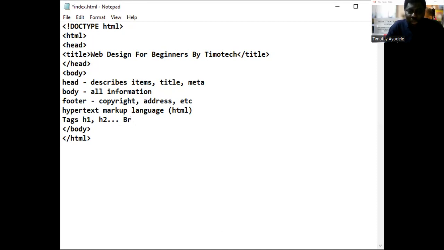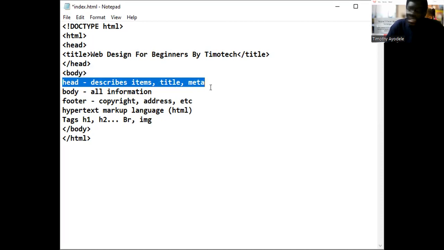We also have other type of tags. We have the image tag, which you call IMG, and so on and so forth. We are going to be seeing those tags as we go along. So for example, now, I want to convert this line. I want to convert